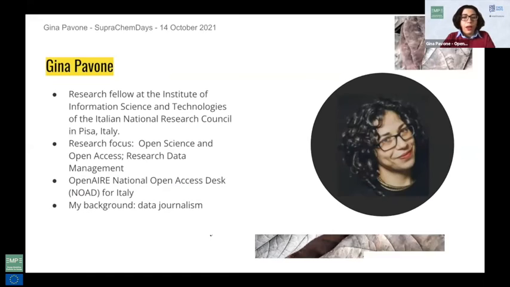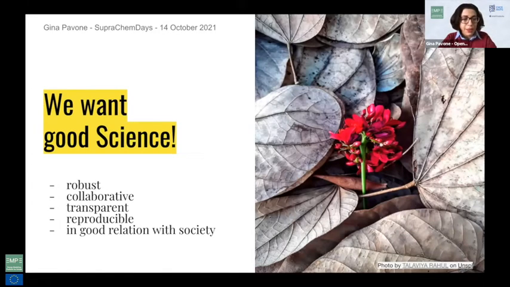I'm going to introduce the main concepts of open science. And of course, the objective of open science is to produce good science, to produce robust results, and to work in a collaborative ecosystem, in a transparent way, and also to have reproducible results, and to rebuild a good relationship with society. So in this way, producing, for example, new applications and speeding up the process of innovation, and so regaining a good relationship in society, also in the sense of transparency, but also in the sense of producing new business